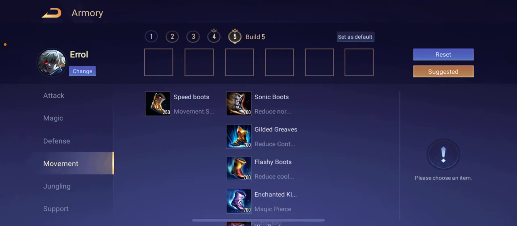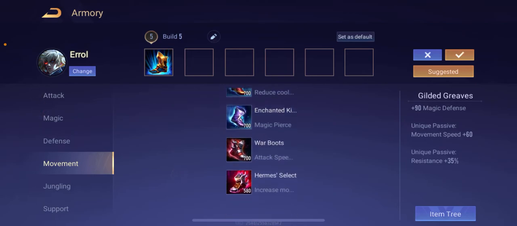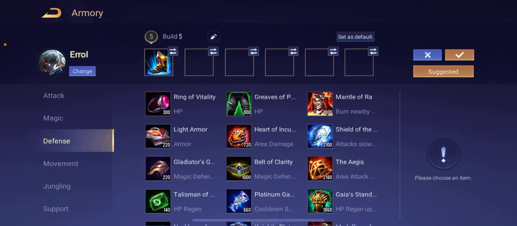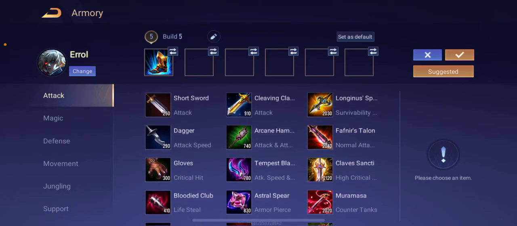Errol does really good at long range engagements. You're not usually going to be just drilling them with normal attacks. You usually want to back up, keep using your S2. So Gilzy Breeze is the best choice here. But I don't think that War Boots is bad with Errol here. He is quite quick. Now, for the first item, we'll go with